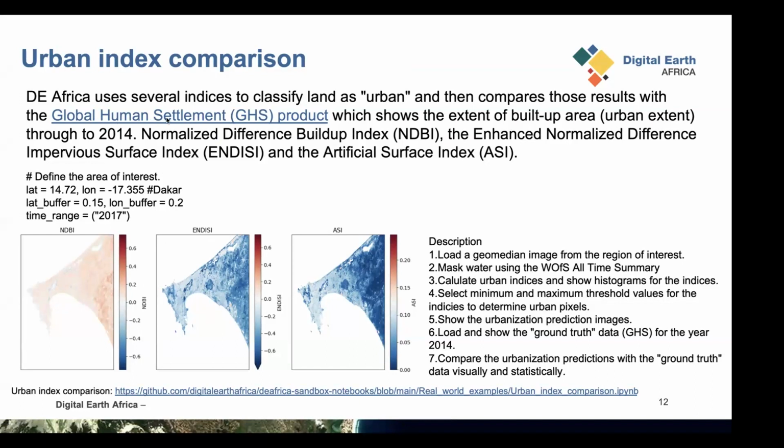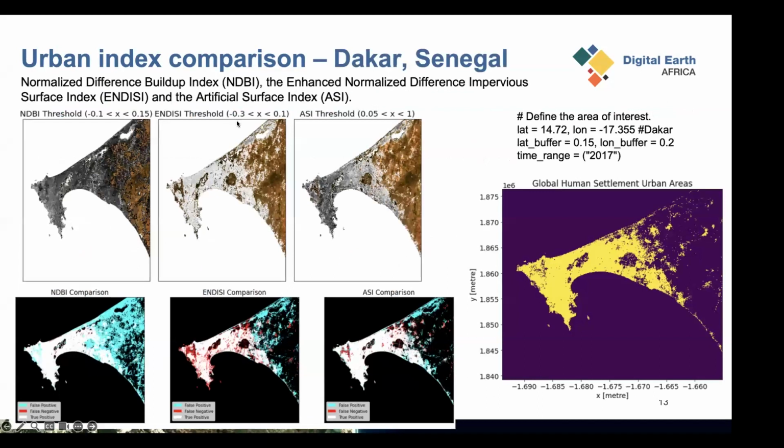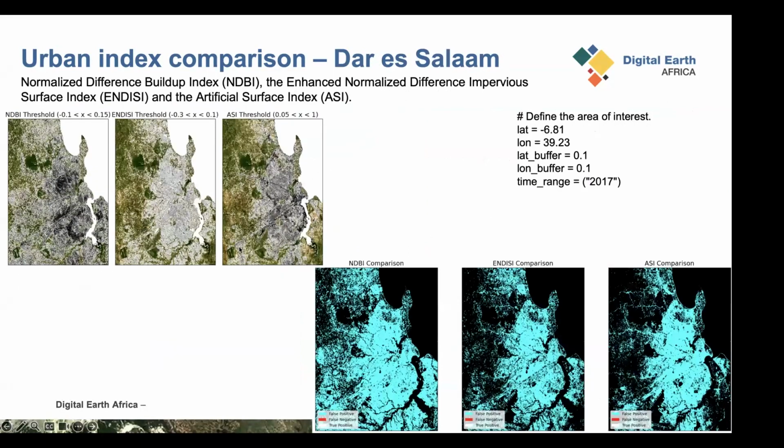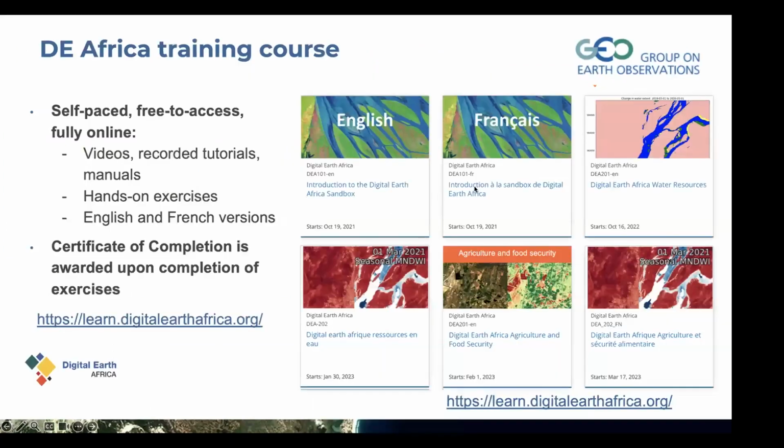I put in different thresholds, which you can try to change and manipulate yourself on your end, and you'll see you end up with something similar to this comparison. Then also just another example, looking at the city of Dar es Salaam, Tanzania, same script and scenario. And now I wish to pause and take you to the map interface on